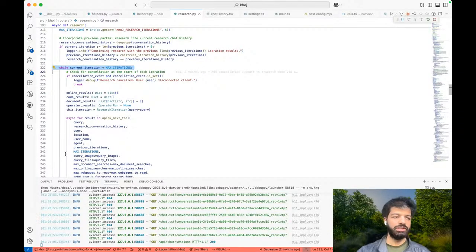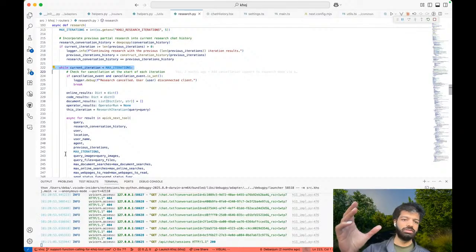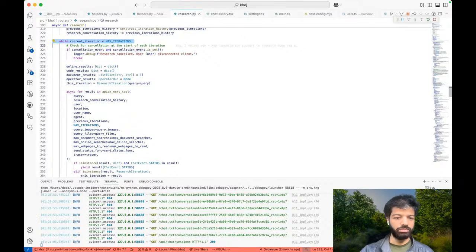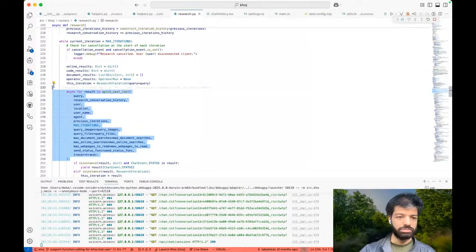This main loop is where your query comes in. Khoj passes to the LLM the query with the tools available in this pick next tool portion. So in this function, it passes your query, some of the history and stuff like that.